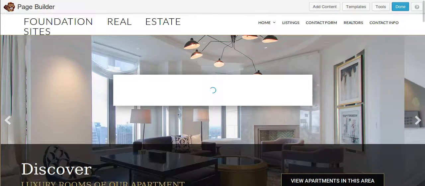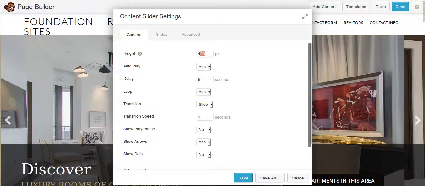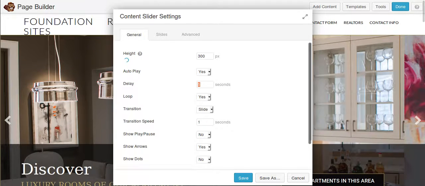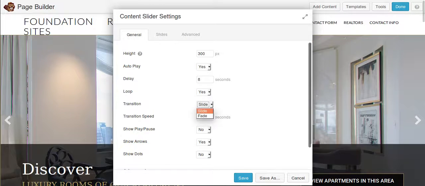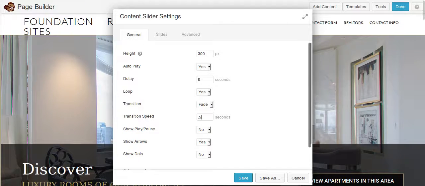So let me show you how to set up this elegant theme. The first thing, once you get the page builder activated, we're going to click here on the slider. You can see that it's set for 450 pixels. We're going to adjust that to 300. You can adjust the delay here, how long between images, and if you want it to fade or slide,